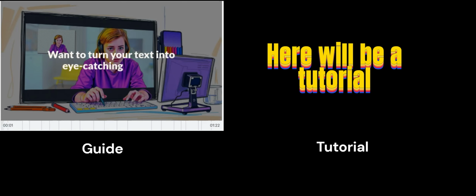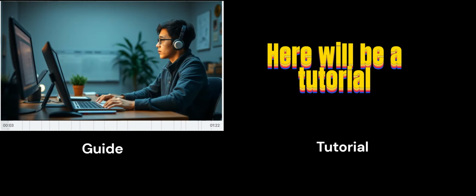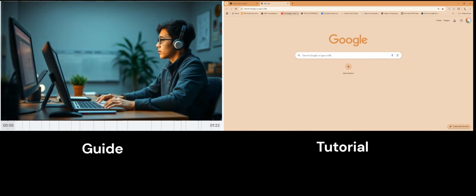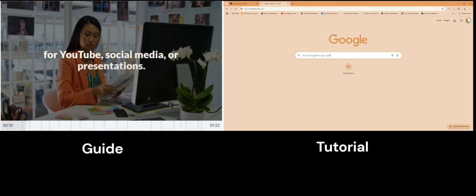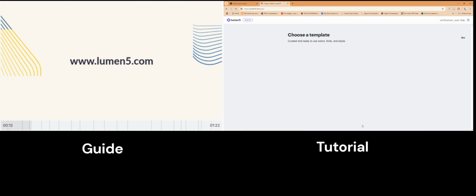to turn your text into eye-catching videos? In this step-by-step guide, you'll learn how to use Lumen 5 to create stunning AI-powered videos for YouTube, social media, or presentations. First, visit